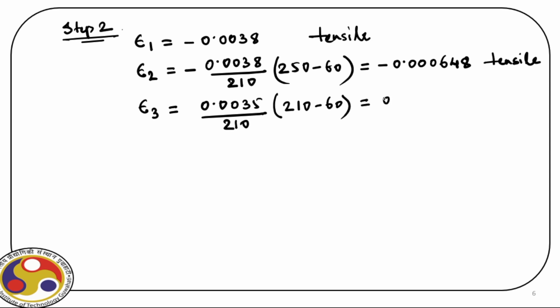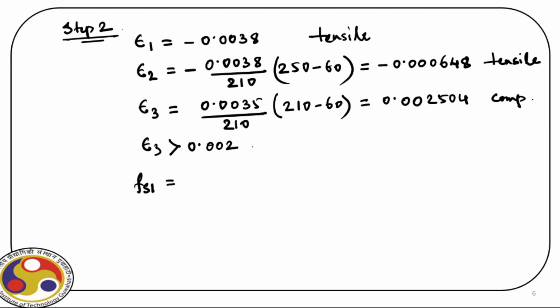So this is 0.002504 and this is compressive. Now note, this value epsilon 3 is more than 0.002. So from this information, we can easily find out fS1, and for that, we need to refer to the